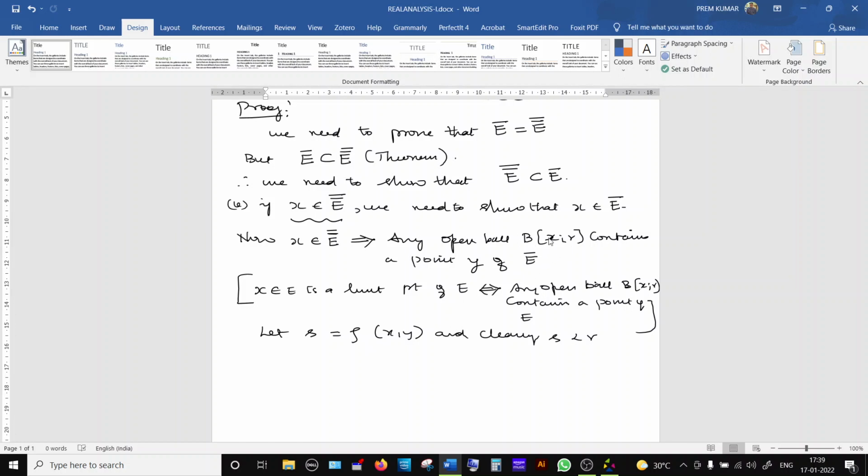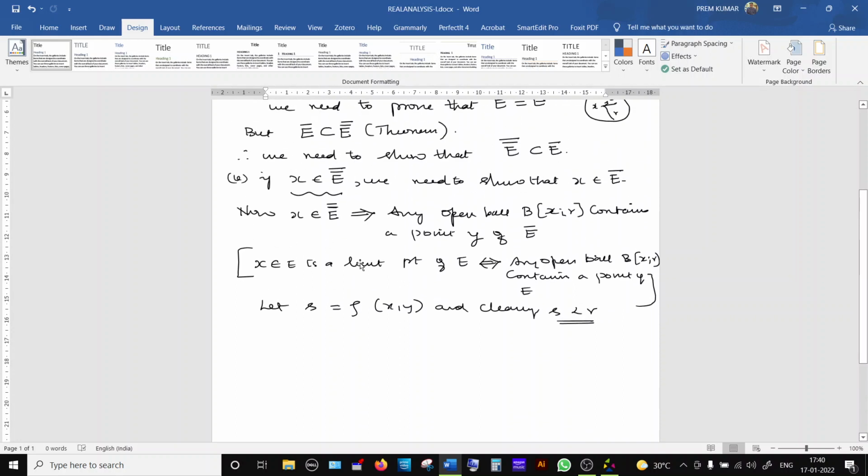see this point y, suppose this is an open ball whose center is at x and radius is r, and we just now showed that this y is inside this open ball. So this radius is s we have taken. So this distance between x and y must be less than the radius, otherwise it will be outside this open ball. So that's why s is less than r. It's very clear. So we assume that s is equal to the distance between x and y.